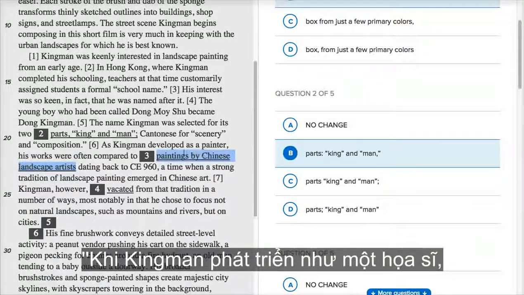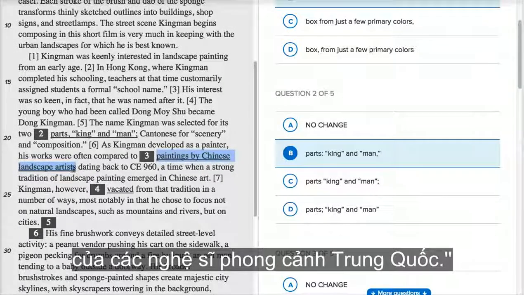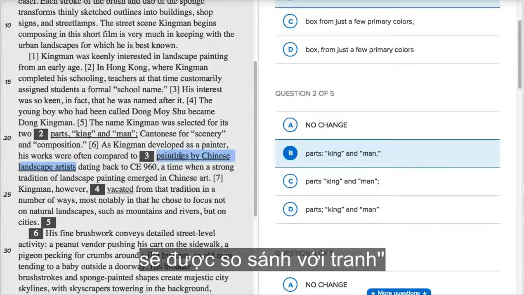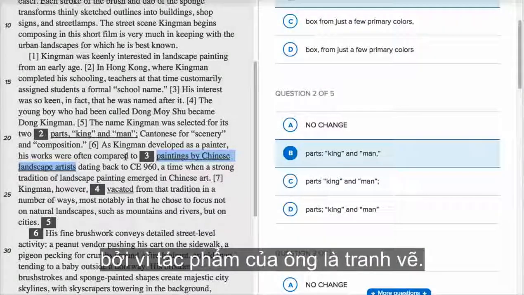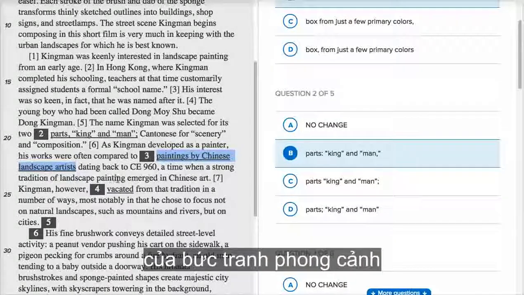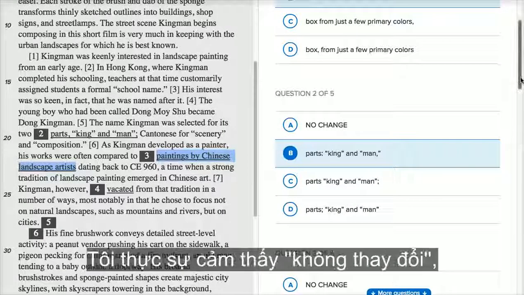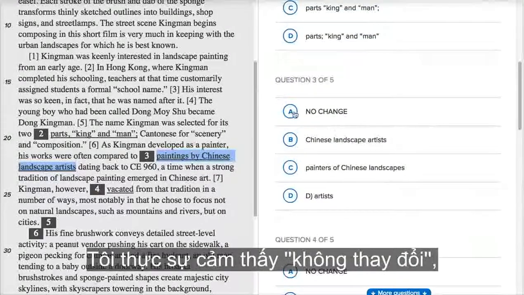As Kingman developed as a painter, his works were often compared to paintings by Chinese landscape artists. Yeah, that's right. His works would be compared to paintings because his works are paintings. A time when landscape artists dating back to CE 960, a time when a strong tradition of landscape painting emerged in Chinese art. So for question 3, I'm actually feeling no change, but let's look at the